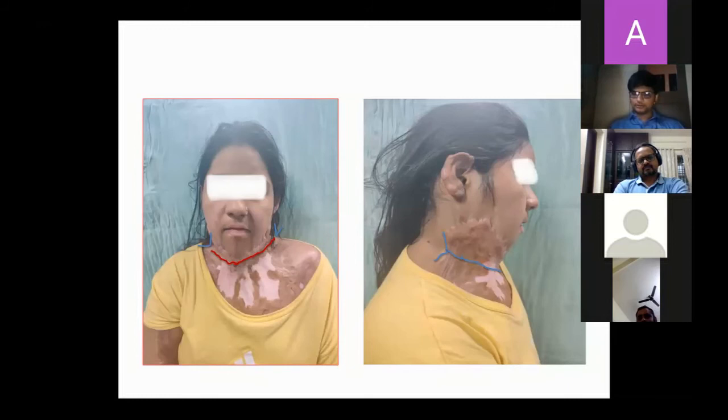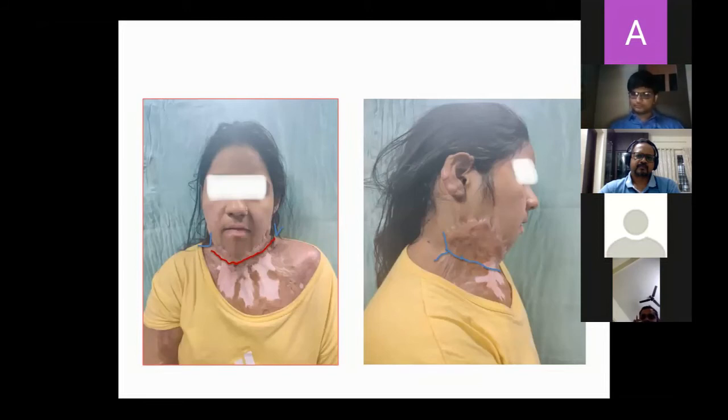Okay, sir. Because you have to take into account the gravity assisted pull and also the contracture. So you have to negate these two things and then plan the release accordingly. Otherwise, you'll be going on releasing it. Yes, sir. Okay, sir.